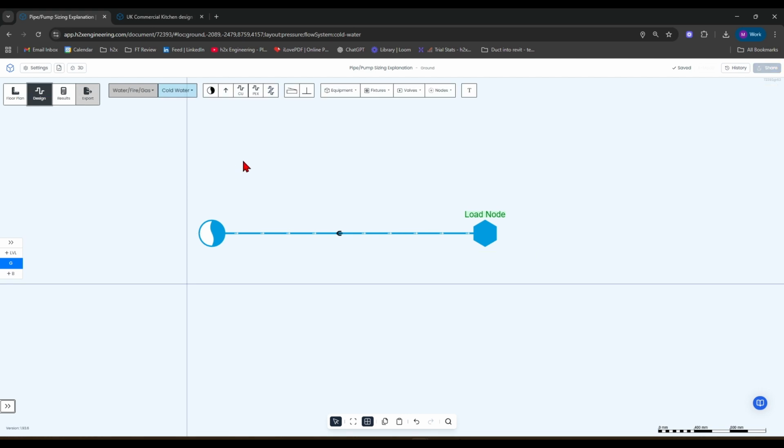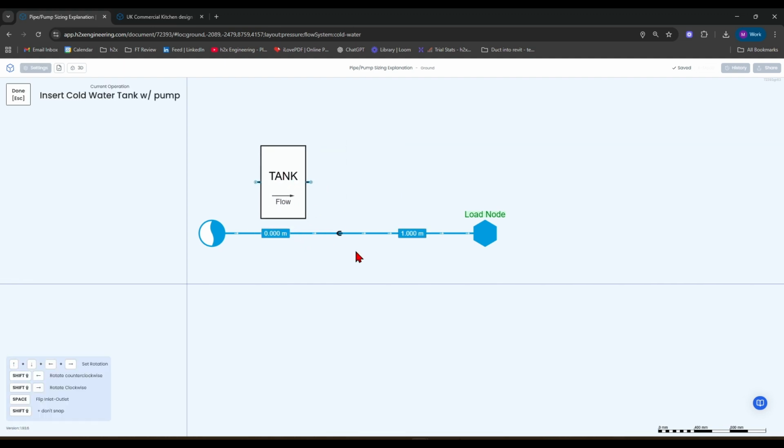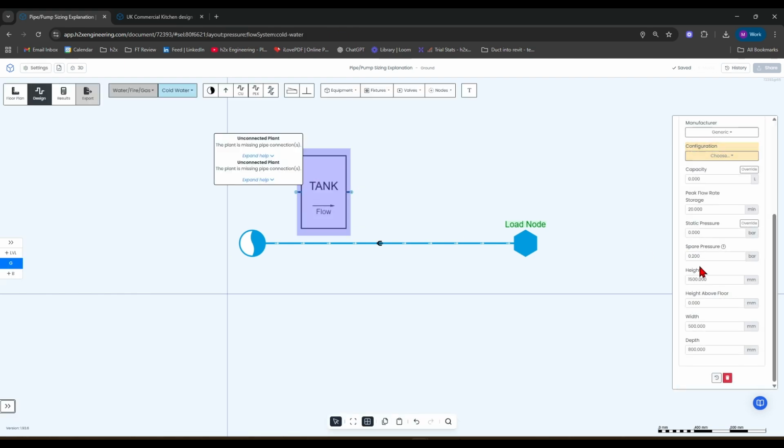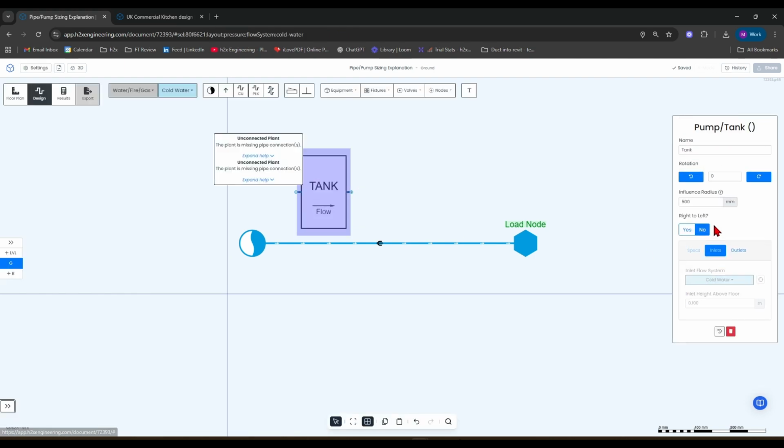So what we can do is go back to design and select a booster pump or a cold water tank with a pump in order to meet the demand. If we go for a cold water tank with a pump, we can place it down on the plan there. There are set inlet and outlet heights on this. The inlet is at 0.1 meters and the outlet is also at 0.1 meters. So if we bring that up to 1 meter on each,